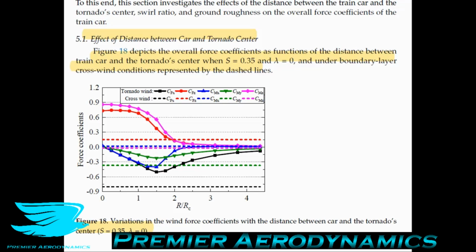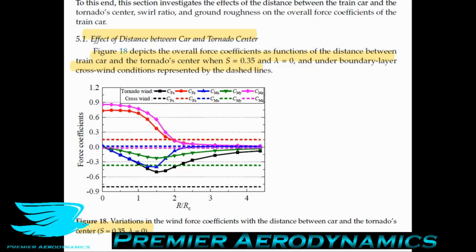The changes in the rolling moment coefficient were the same as those of the side force coefficient, though its values were approximately half those of the side force coefficient. So in other words, at the center, the rolling moment was almost nothing. And then when you get to 1.5, so you're outside the tornado by 50%, the rolling has this local maximum, and then it decreases back to zero as you get further away from the